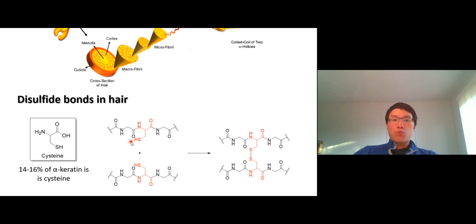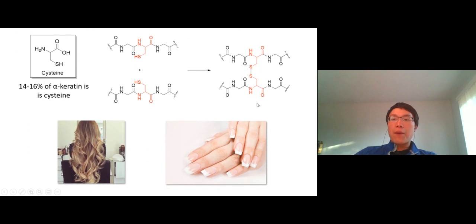We mentioned in the previous video that thiols are easily oxidized. Even the oxygen in the air can oxidize it. So this goes from the non-oxidized to the oxidized form. They add on to each other like that, and that adds strength to this alpha keratin chain.